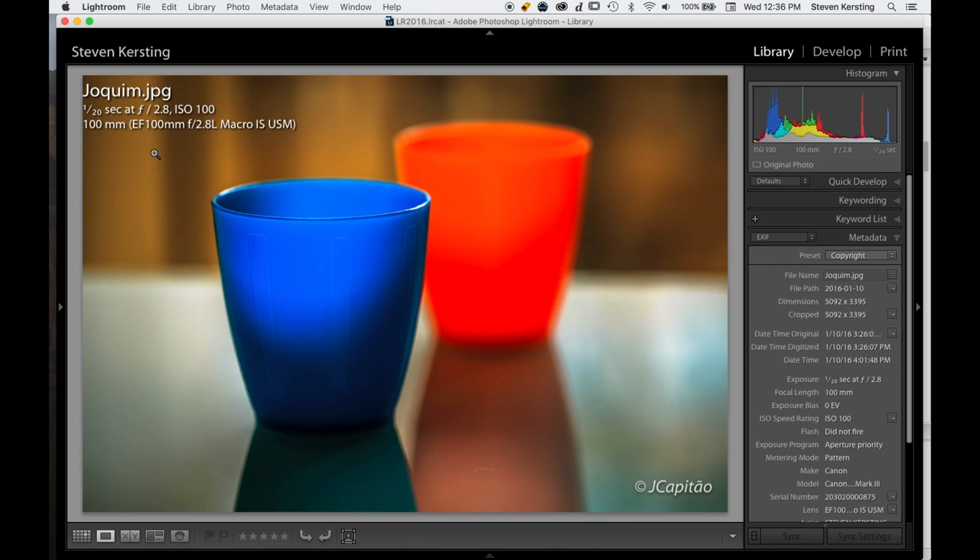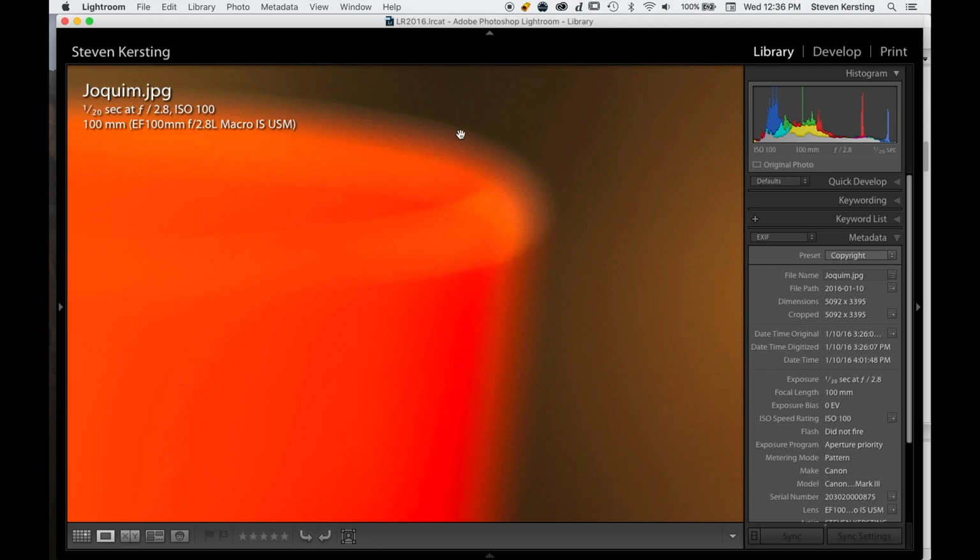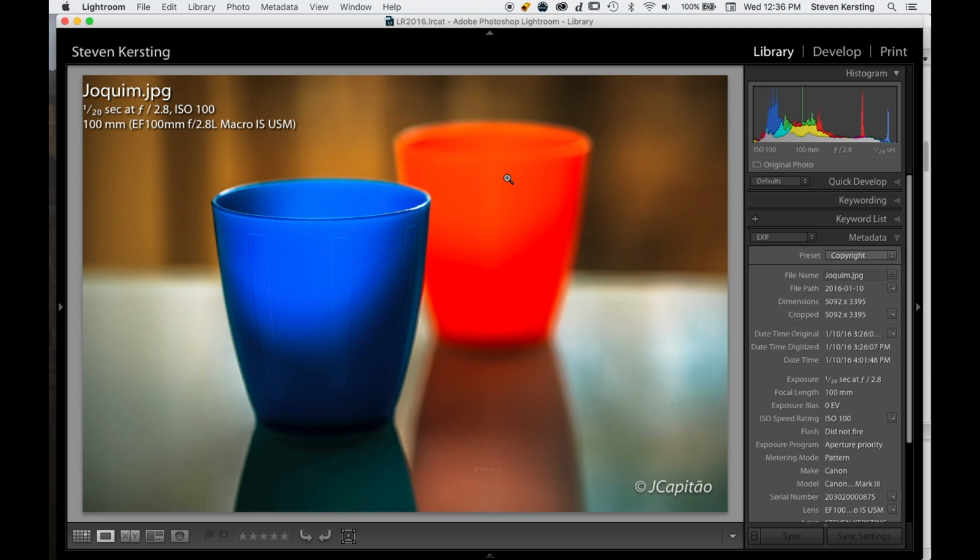maybe is not blurry enough, but we definitely have separation of the subject, midground, and background, providing depth to this image. So overall, I think this is well done, and that lens has relatively good bokeh characteristics. You can see on the edge just a slight bit of what might be doubling. Overall, I like that image, although subject wise, lighting wise, I think I would like this cup to glow more,